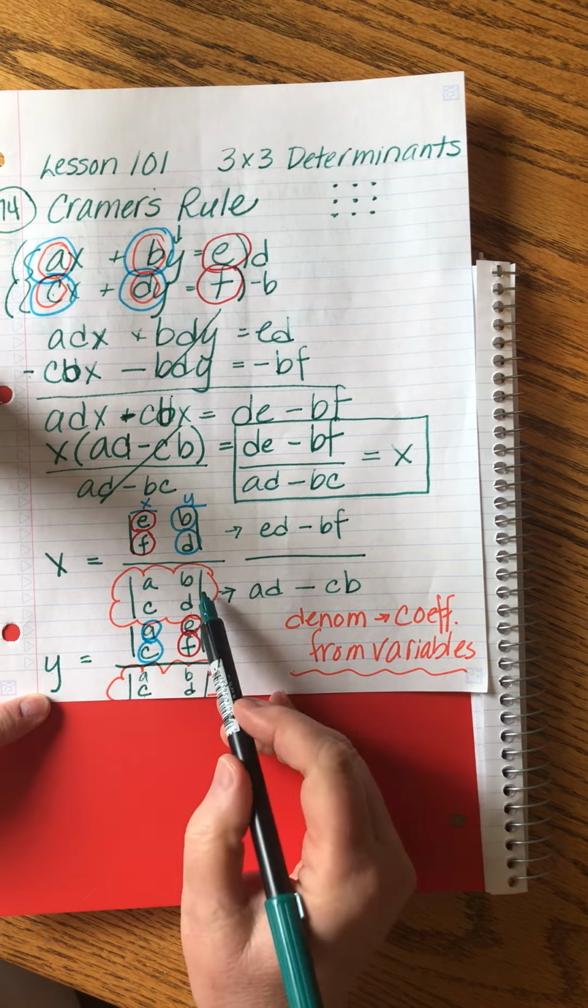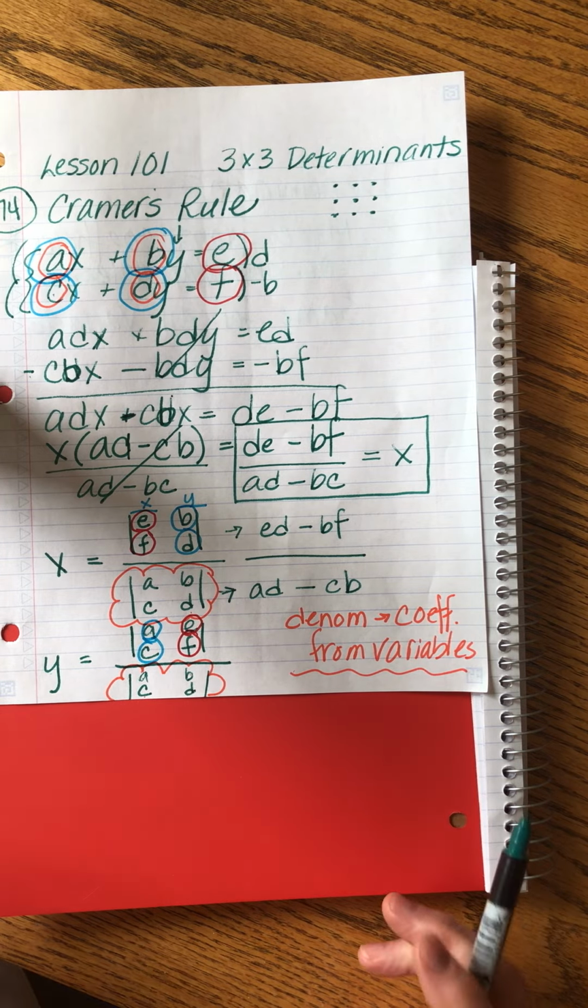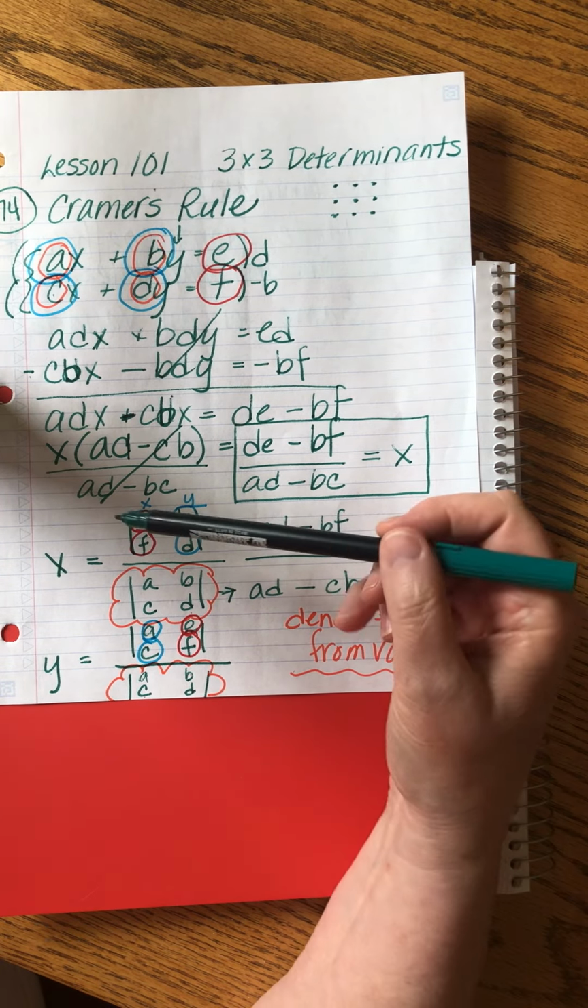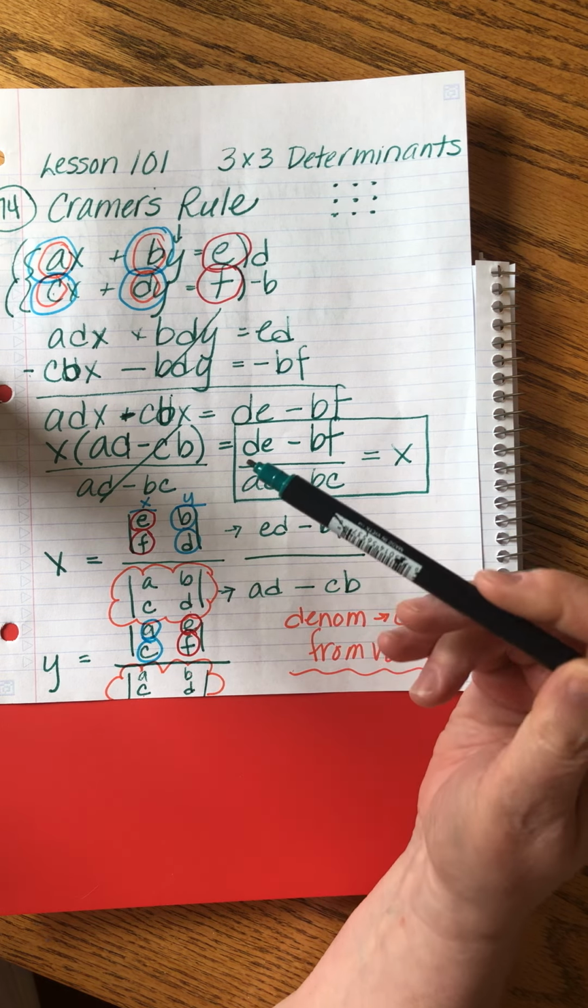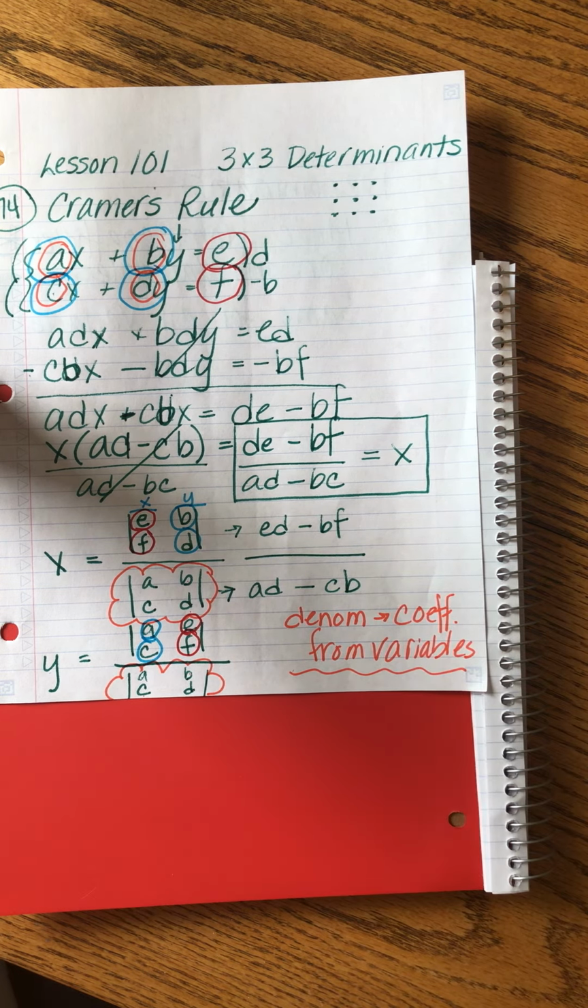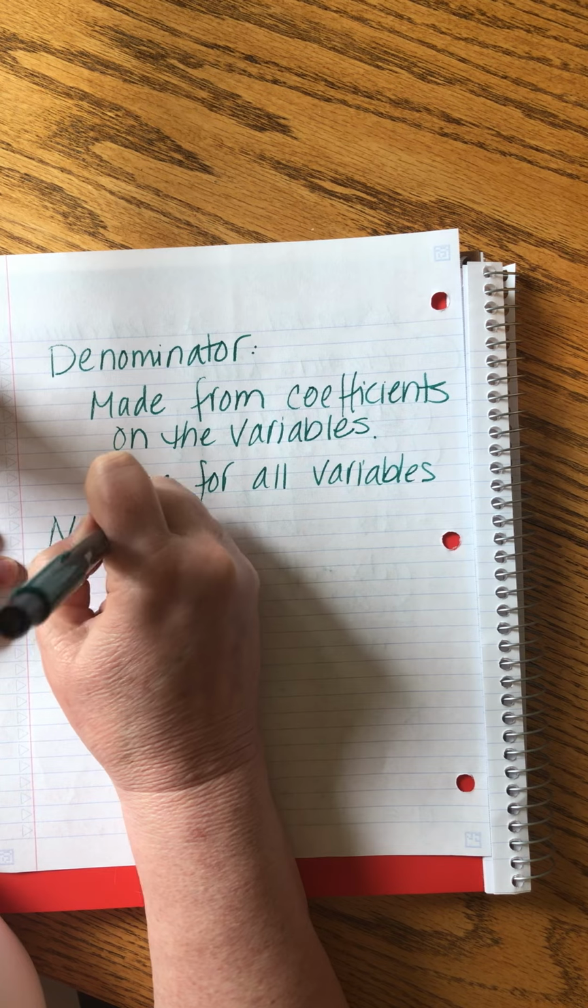X and Y have the very same denominators. That is going to be true today. The numerators follow this interesting pattern that we talked about here with the reds and the blues, and I'm going to attempt to put that into words. So to calculate the numerators,